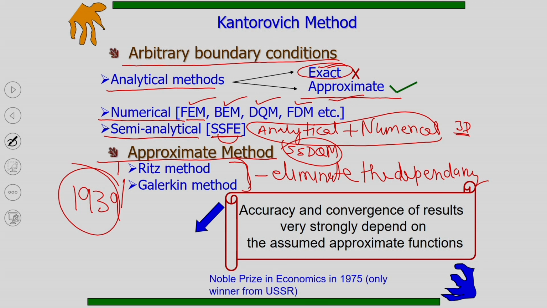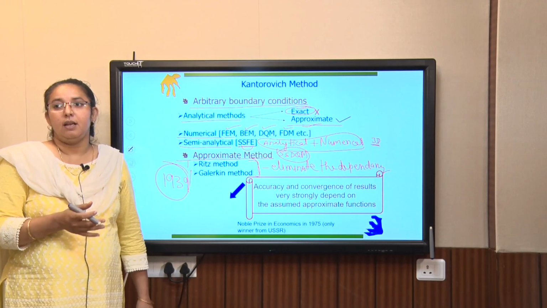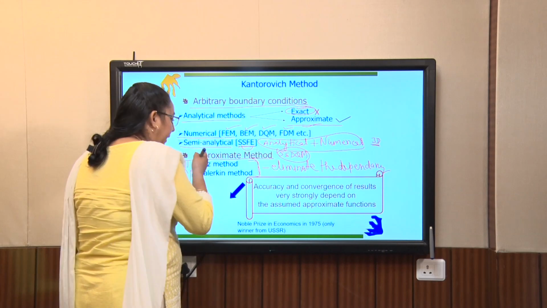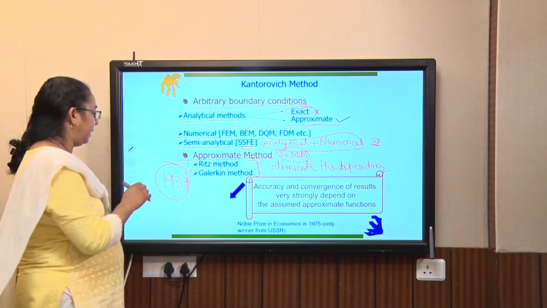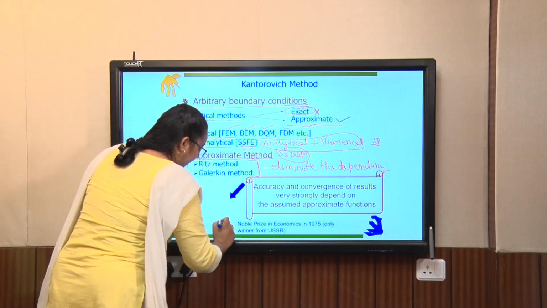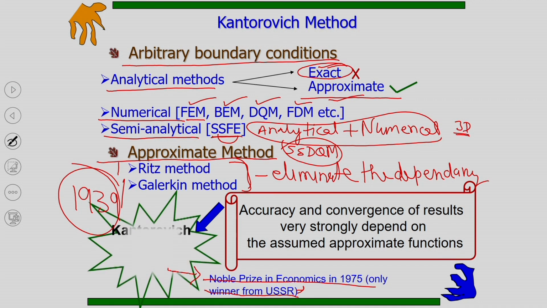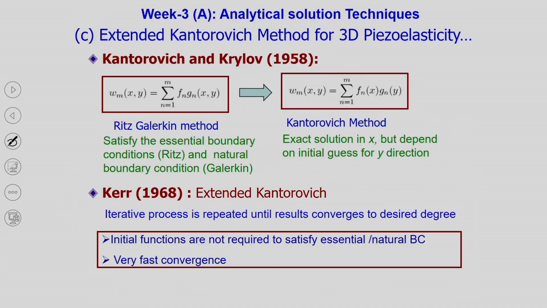But since that solution was in Russian language, in 1958 that book was published in English. Later on it became known that there is a solution which is better than the Ritz or Galerkin method. I am going to explain it. Leonard Kantorovich got a Nobel Prize in Economics in 1975 using linear programming in the economics field. So Kantorovich and Krylov in 1958, this is the English edition of the book.